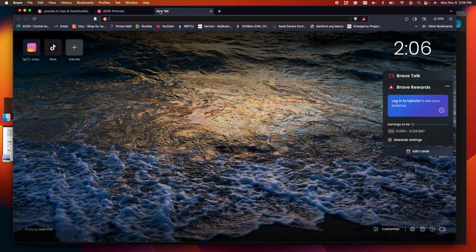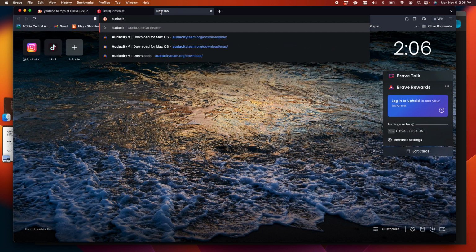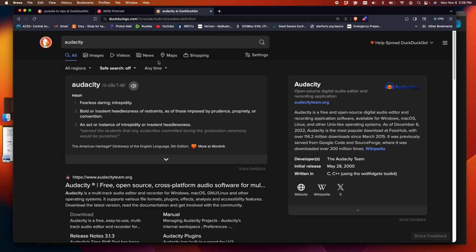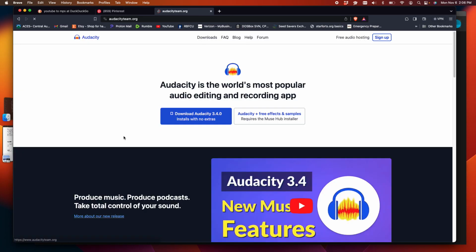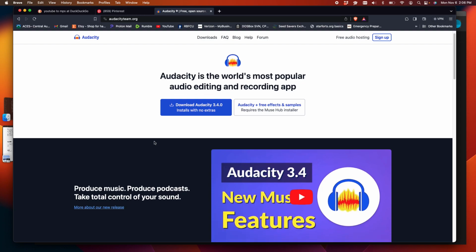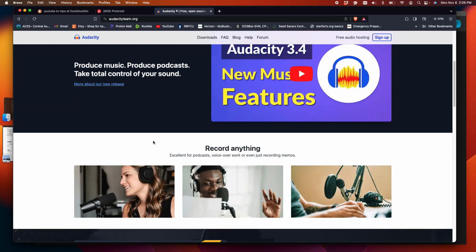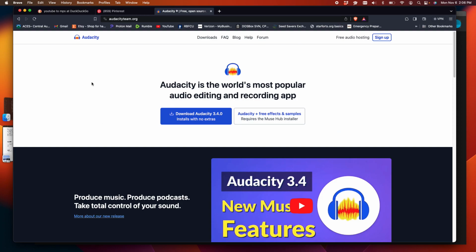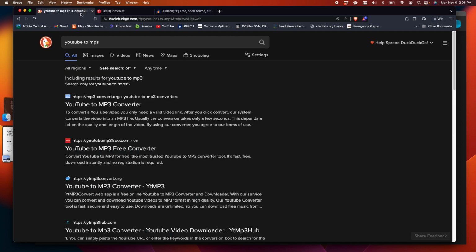But if you search for Audacity, you'll find a free download for just about any program that you need. Whether it's Windows or Macintosh or even Linux, you can use this program. The next thing that we'll need is